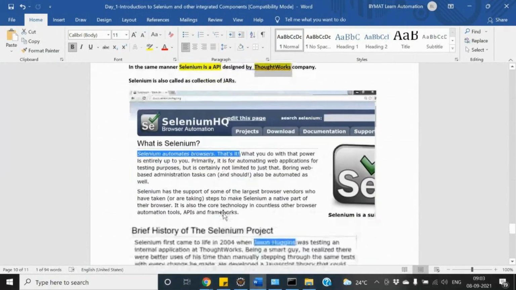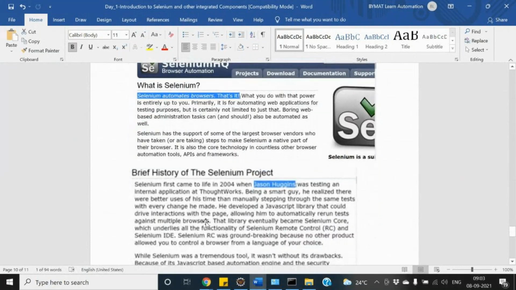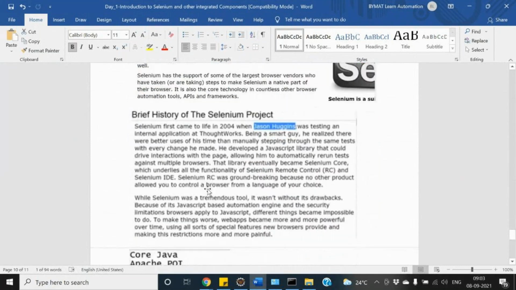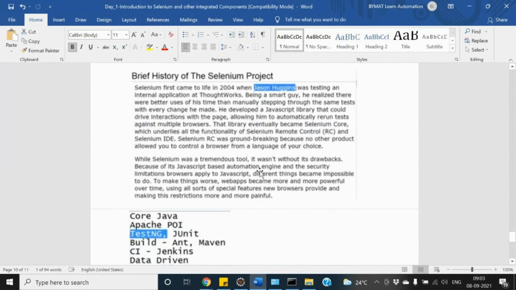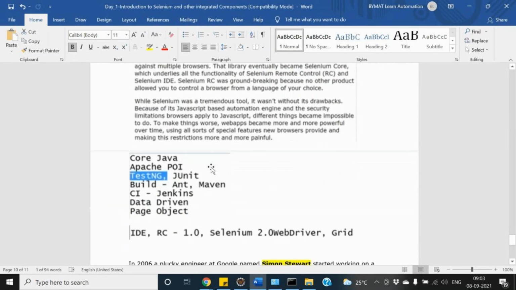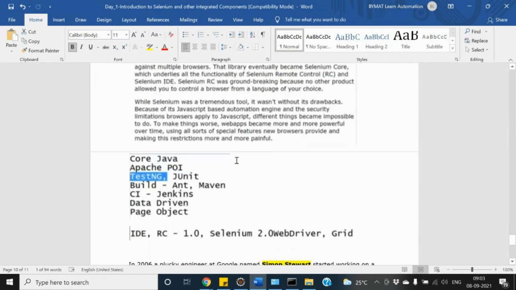Later on, new things were built in, and there were improvements, so day by day it improved. Initially we got the IDE, then we got Selenium Remote Control, Selenium RC, then we got Selenium WebDriver, and then we got Selenium Grid as well.